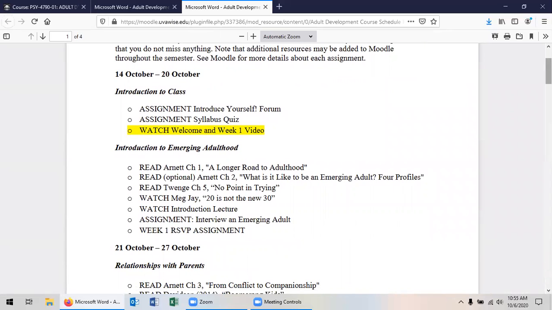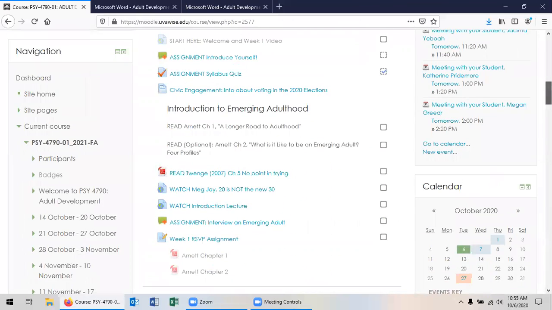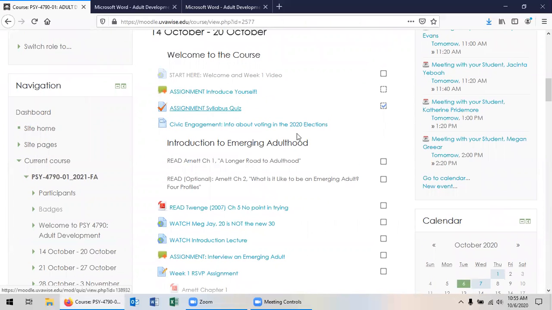So for the first week, I've got the Introduce Yourself forum and the syllabus quiz to start with to make sure that you understand the course material. So once you do these things, check them off. And then we'll jump right into the Introduction to Emerging Adulthood. And if we go back and look at our Moodle page, we can just see that it parallels that. So here's our syllabus and our introduction